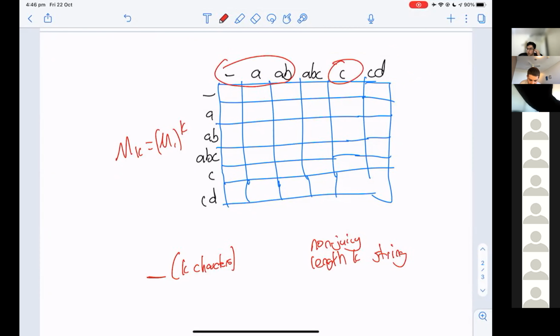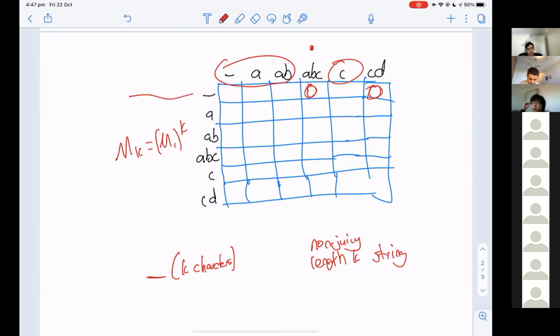And so if we sum the values in these cells, so this value plus this value plus this value plus this value, this will give us precisely the number of non-juicy length K strings. And in fact, we can sum the entire row because we know for a fact these two values are 0, because we said in any column where the thing is juicy, we're going to have just zeros. Like that. And so we're going to have just zeros here.